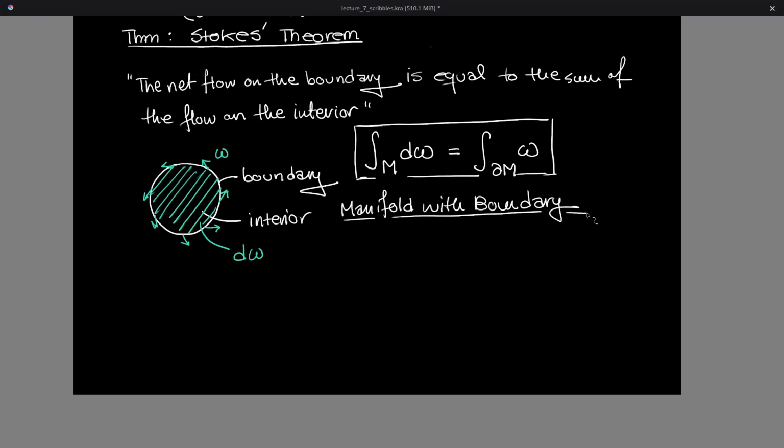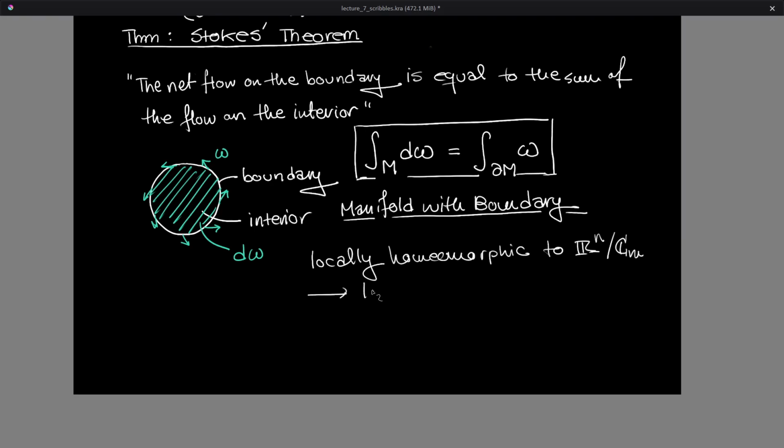Because they had to be topologically identical, or homeomorphic, let's say, to Rn or Cn, and that precludes there being a boundary because Rn and Cn don't have boundaries. So what do we say here? We go from being locally homeomorphic to Rn or Cm